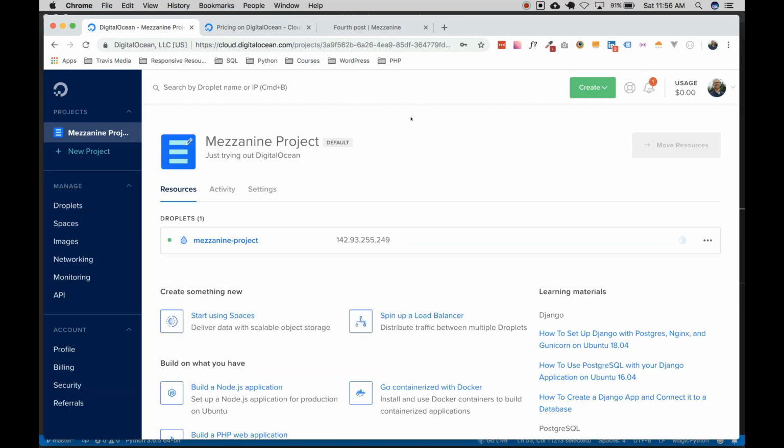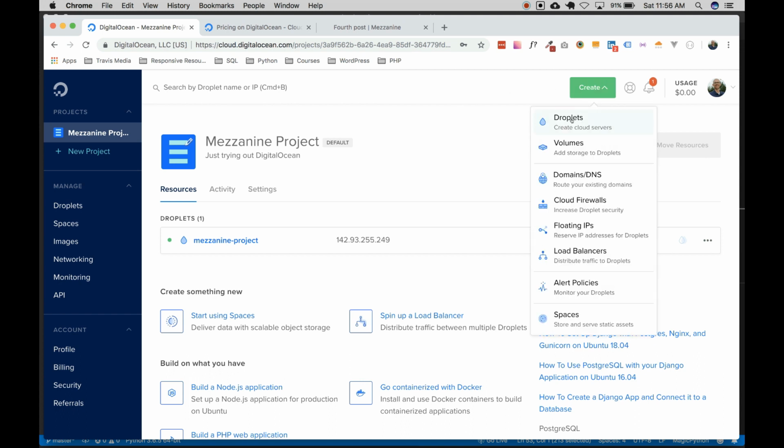So go ahead and create an account. After you take that link, get your $10 credit, and create an account. When you create an account, you're going to come up here to create, and then create a new droplet. Now this is your cloud server. This is where we're going to push our site up to. So click on droplets,